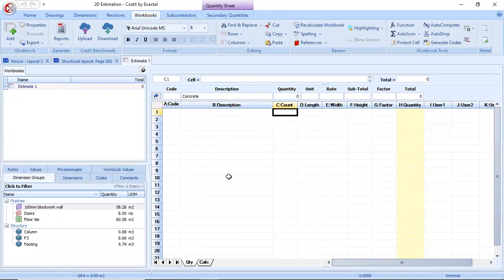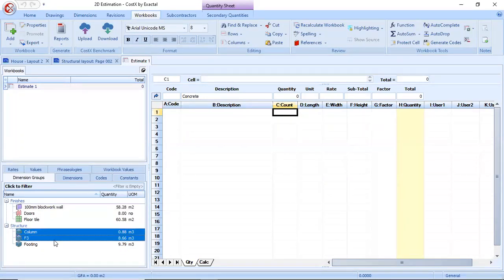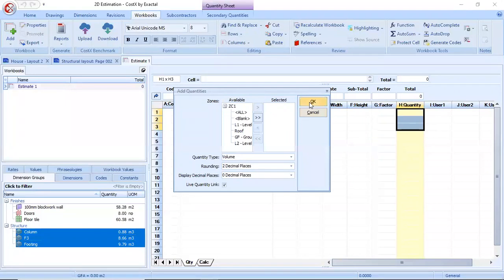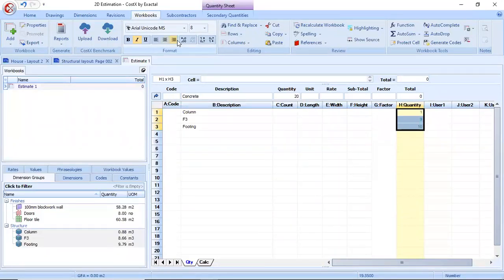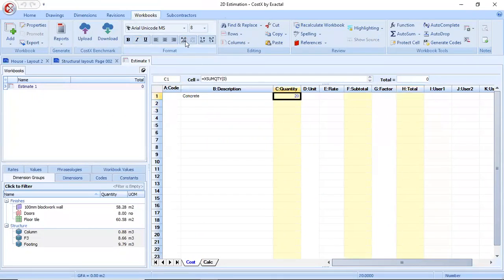Say I have double clicked on the quantity sheet. Now I'll take the concrete quantity of all the 3 inside. Our total concrete quantity is 20 meter cube, and its unit is meter cube. In the same way, the footing shuttering, and I linked the column shuttering also.